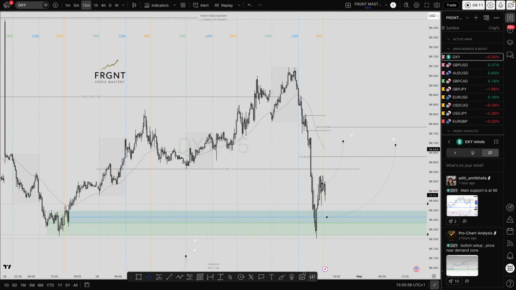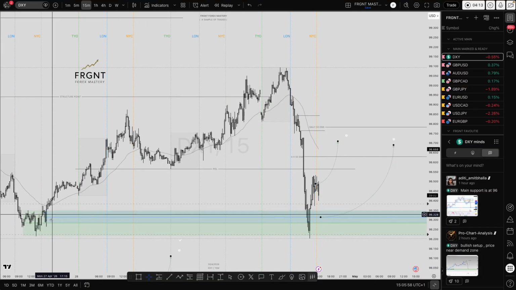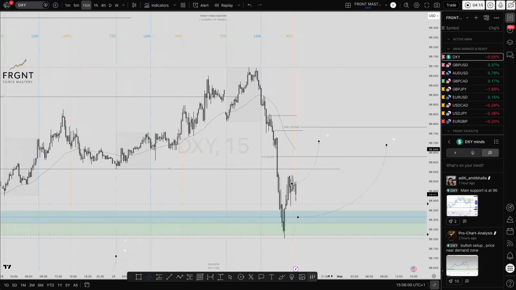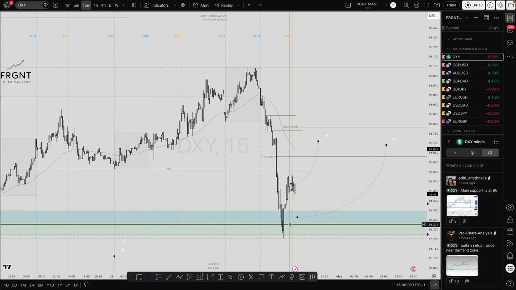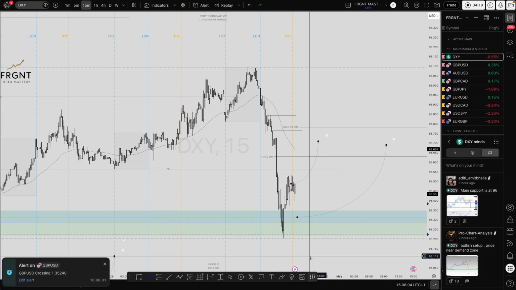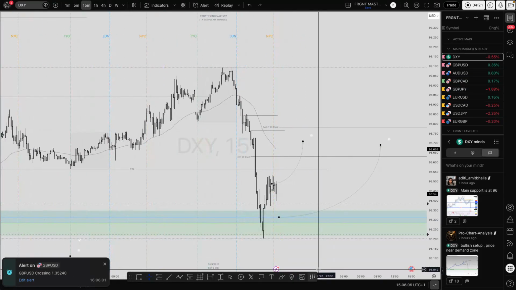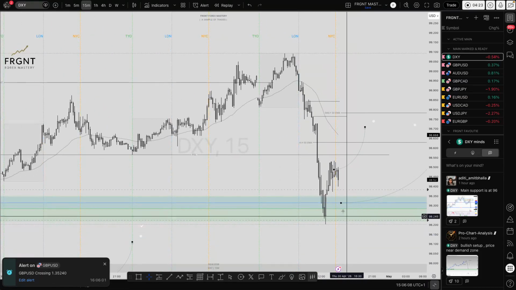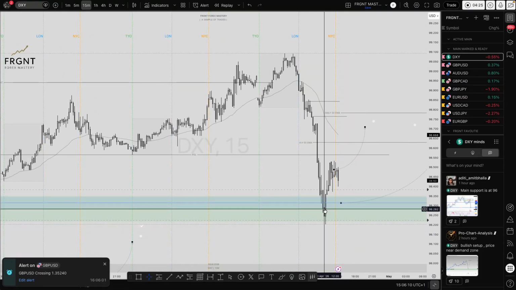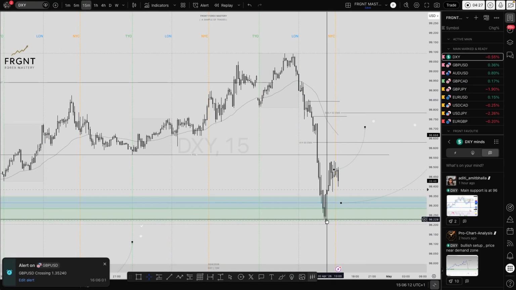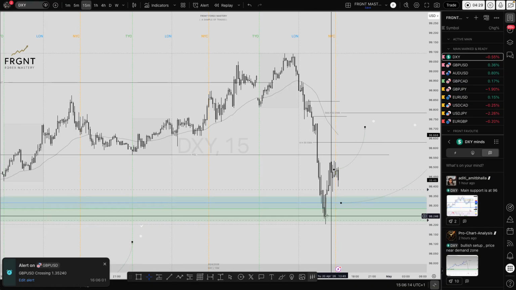So back to the 15-minute time frame, that 4-hour order block refined, you can see very nicely indeed that we then come to the only 15-minute order block that is available within that area. Of course, the DXY doesn't always look to follow suit and respect it to perfection, but the aim of the game is to use the DXY as confluence. So if the DXY then prints a beautiful bullish engulfing candle or a bullish candle in and around that region, respecting that 4-hour order block, that's what's important.